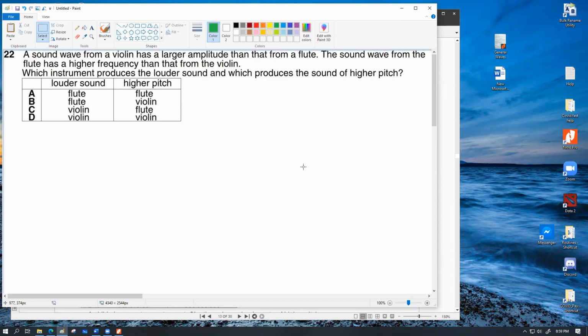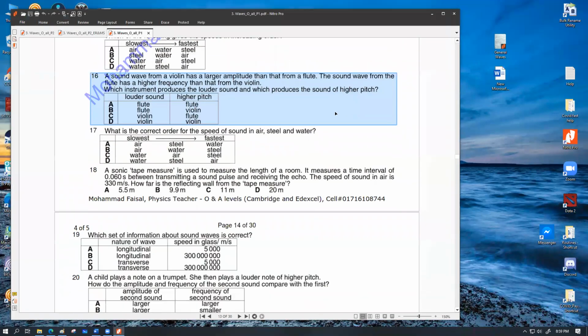C হবে। Sir, answer C. দাঁড়াও দেখতেছি, violin has a louder sound. Flute has a higher frequency, flute has a higher pitch. হ্যাঁ, C is the correct response. সবাই C বুঝছো? ইয়েস স্যার।